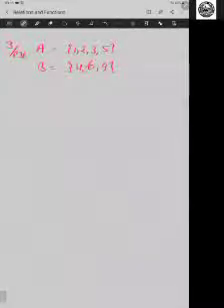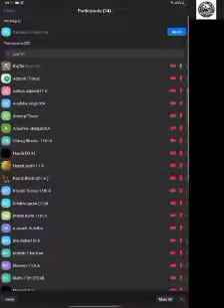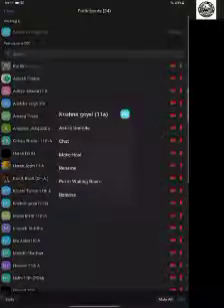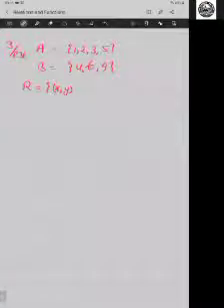Define a relation R from set A to set B by R equals {(x, y) : the difference between x and y must be odd}. So the difference between x and y must be odd means